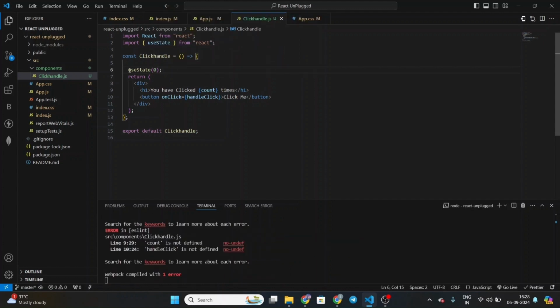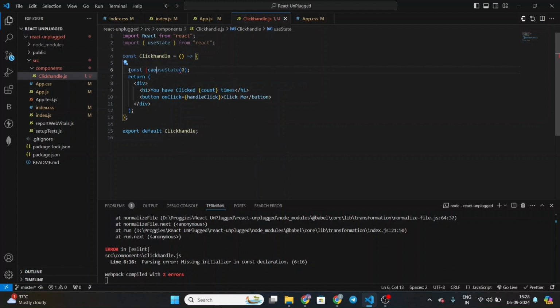What is this argument? This argument sets the default value for the variable you are assigning it to, such that every time you refresh, the zero, in this case, is the one which comes first. So basically this useState hook returns two things,